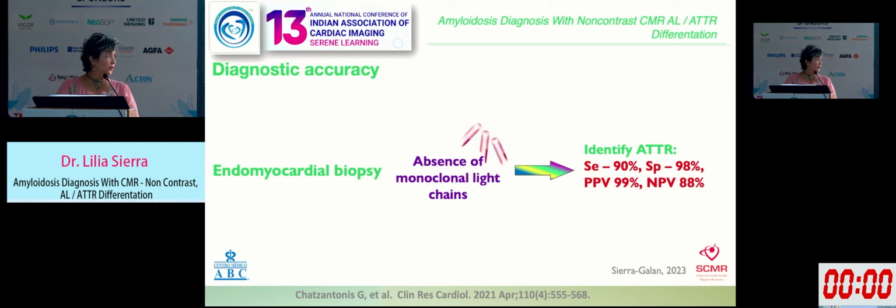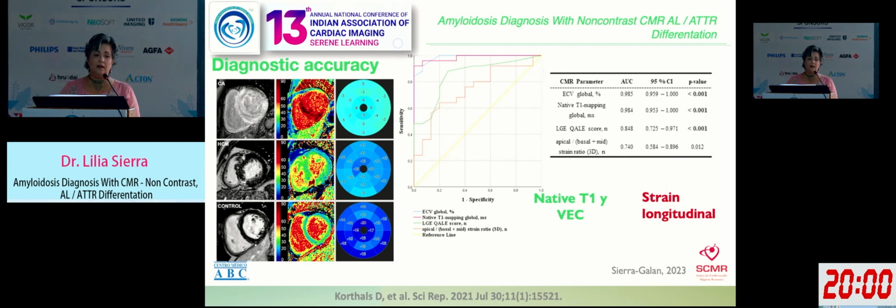But still, those numbers are not perfect. So the current recommendation within the algorithms includes the use of different strategies and not just CMR. The diagnostic accuracy of CMR now comes from a combination of different parameters, which are the native T1 and the extracellular volume, which is even more accurate than